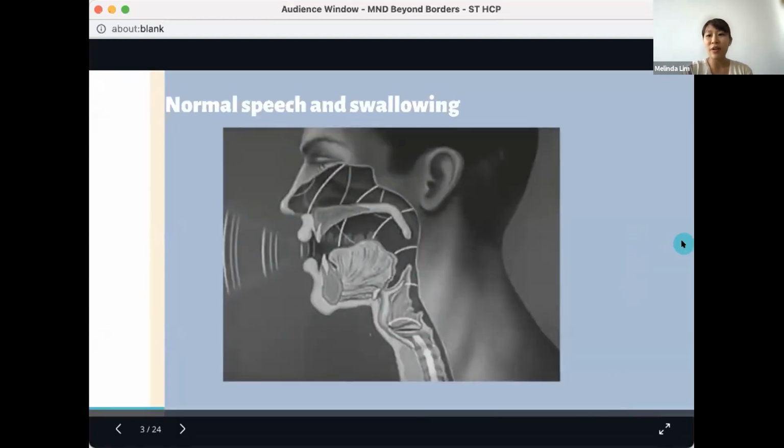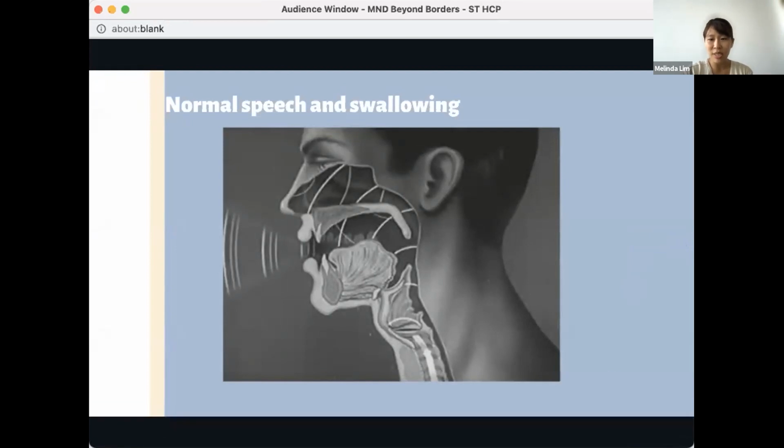To produce speech, we need various subsystems such as the respiratory system, the phonatory system, which is where your voice box lives, the articulatory system, which is your lips, your tongue, even your palate, resonance, as well as prosody. So speech produced by individuals can be affected if one or more of these subsystems are affected. So normal